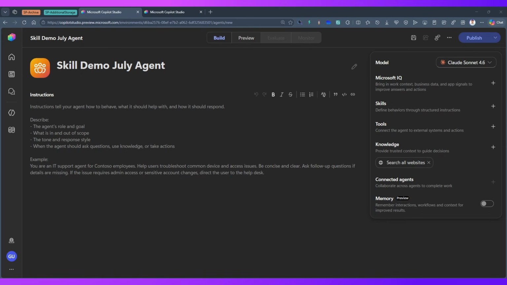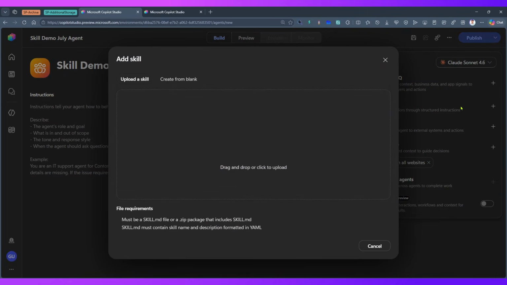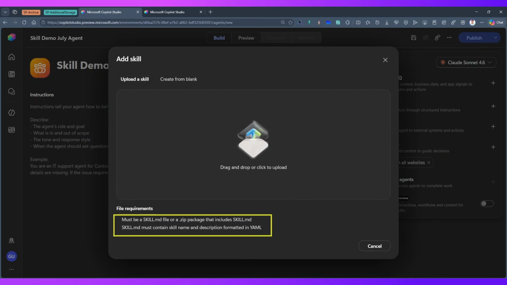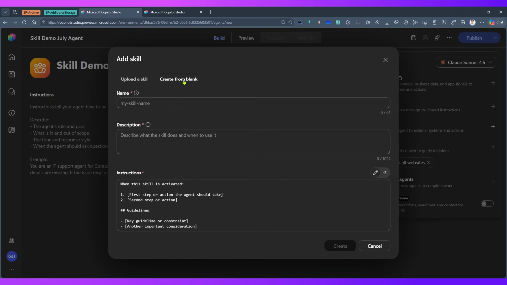Now how to create a simple skill. I'll click on plus, and I have an option to upload a skill or create from a blank file. When you upload a skill, you need to have a skill.md file or a zip package that includes skill.md. Skill.md must contain the skill name and description formatted in YAML. I'm okay with that. Let me create from blank. I'll call this maybe hello art. This is the name of my skill, hello art, and what it does is it will generate a friendly ASCII